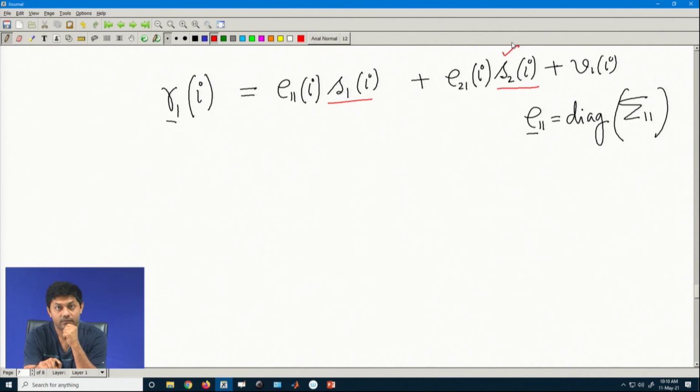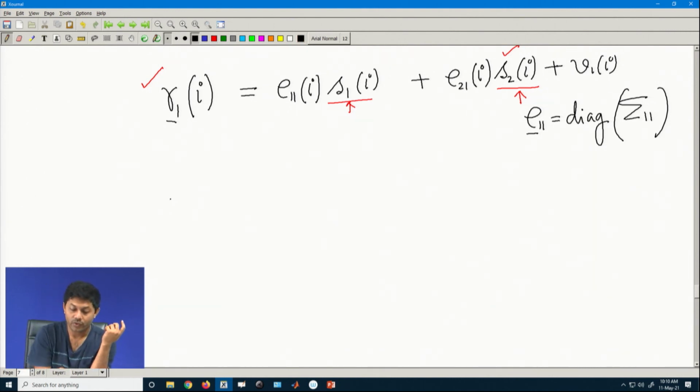for R 1 1, or if I take S 2 as my data, then S 1 as my interference, or if you say no, there is no interference, because both of them are important to me, then it is as if I am again coming back to the same scenario earlier, when I was dealing with the ISI channel, that I have one observation from where I have to determine two unknowns. So, now this whole MIMO FDM will stop me from doing an individual decoding that I did for the FDM, because now I cannot take the ith element of my vector and decode for S1 and S2 and so on and so forth.